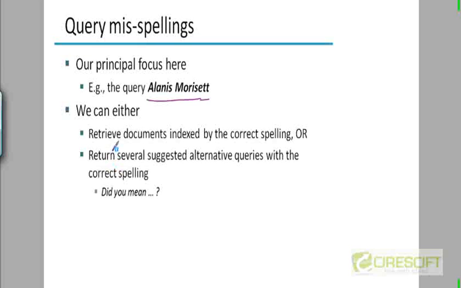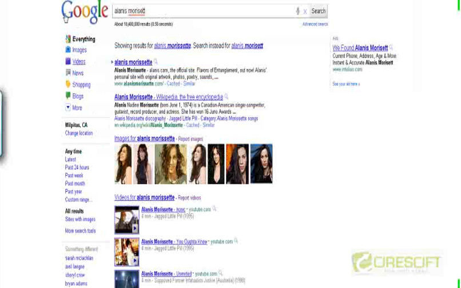So this is something you have to decide. What sort of interface do you want to present to the user? Okay, do you want to retrieve the documents that are indexed by the correct spelling after doing spelling correction yourself? Or do you not want to return any documents but just suggest alternative queries, allow the user to choose which of those alternatives the user actually meant, and then get the appropriate documents? For example, if you go to Wikipedia,